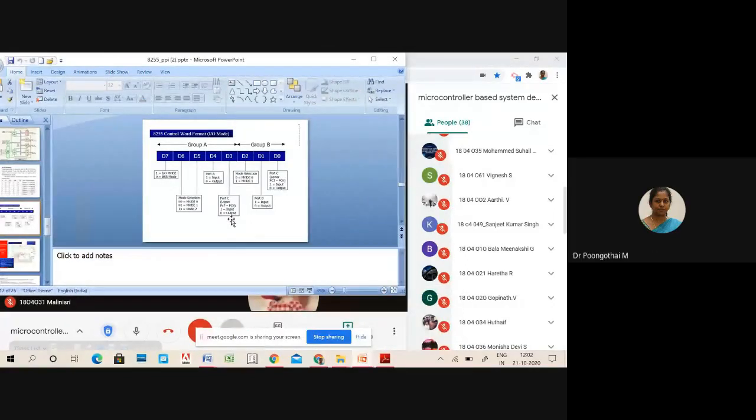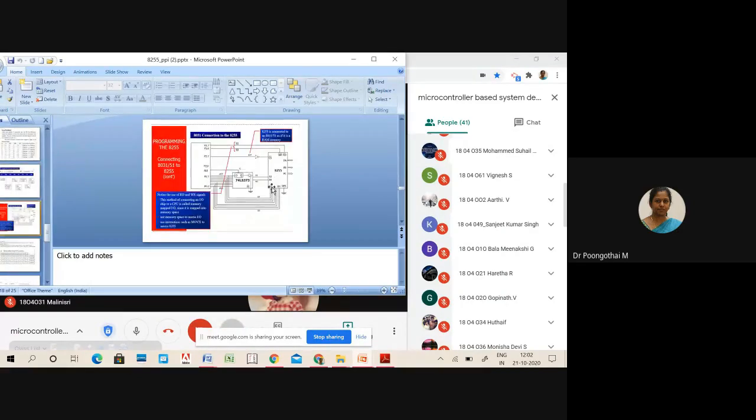So two control words, one for specifying IO function, another for bit set and reset mode of port C. Both the control words are written in the same control register. The control register differentiates both the control words by the value of D7. If D7 is 1, D6 to D0 determine the IO function, otherwise the set and reset function of port C. Okay. And also we have discussed this example, that is interfacing your 8255 with 8051.